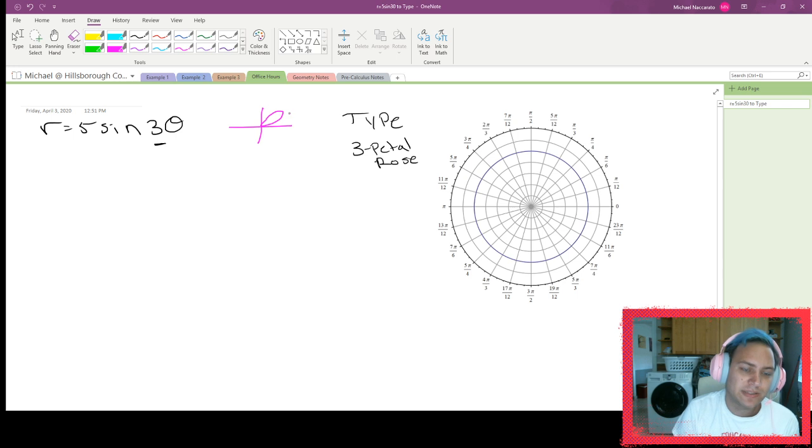Okay, back to what I was saying. Sine starts here, where if it had been cosine, it would start here, right? So just kind of keep that in mind, and then everything kind of gets evenly distributed from there. So since this is a 3-petal rose, I need to figure out how to evenly distribute that, and that's going to cause us to have to go a third. We're going to have to break this into thirds. So it looks like I'm going to have to go like 1.5 quadrants this way and 1.5 quadrants this way. So I think it ends up being, looks like it ends up being something like this according to the picture. Right, so it's going to look something like that for my